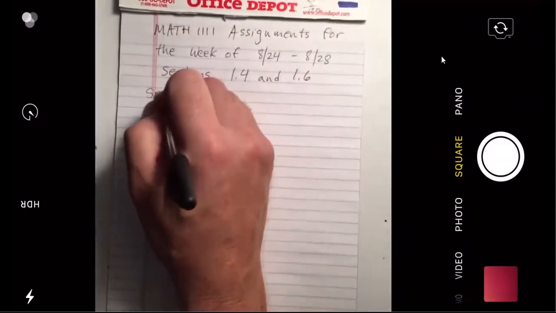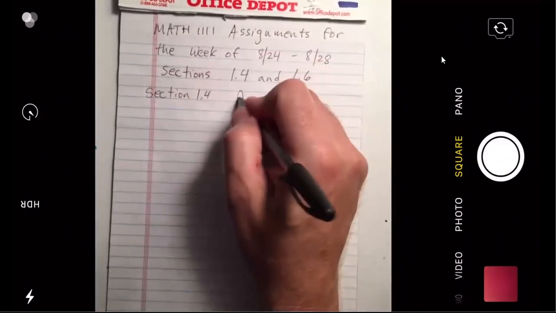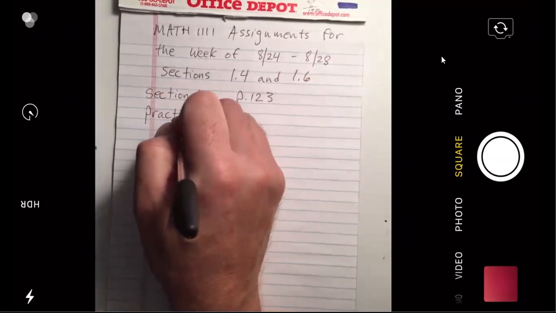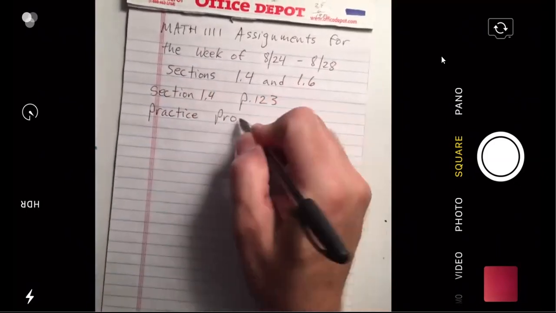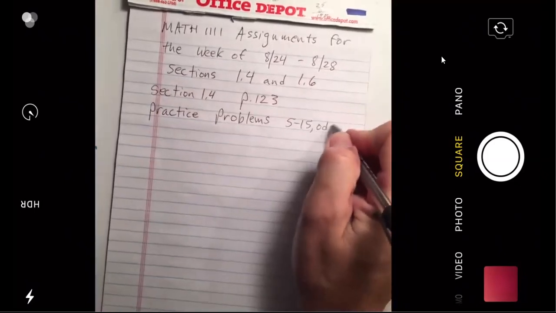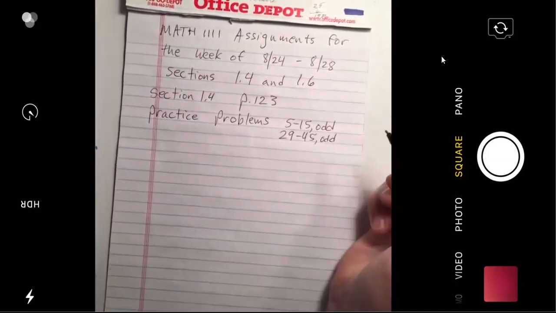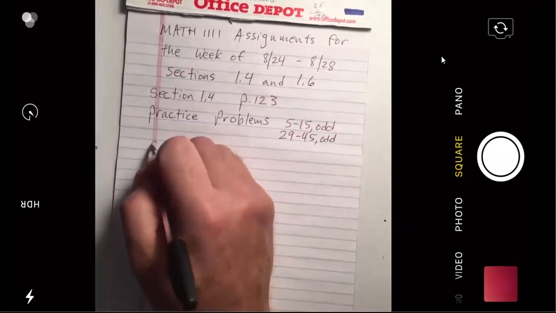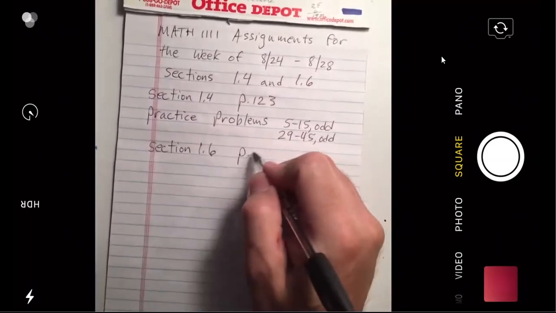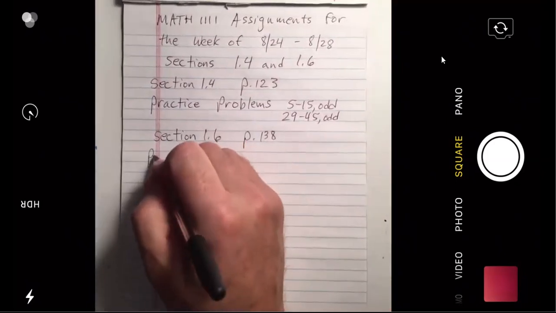So for section 1.4, that's off page 123, practice problems: five to 15 odd, 29 to 45 odd. For section 1.6, it's on page 138. Practice problems